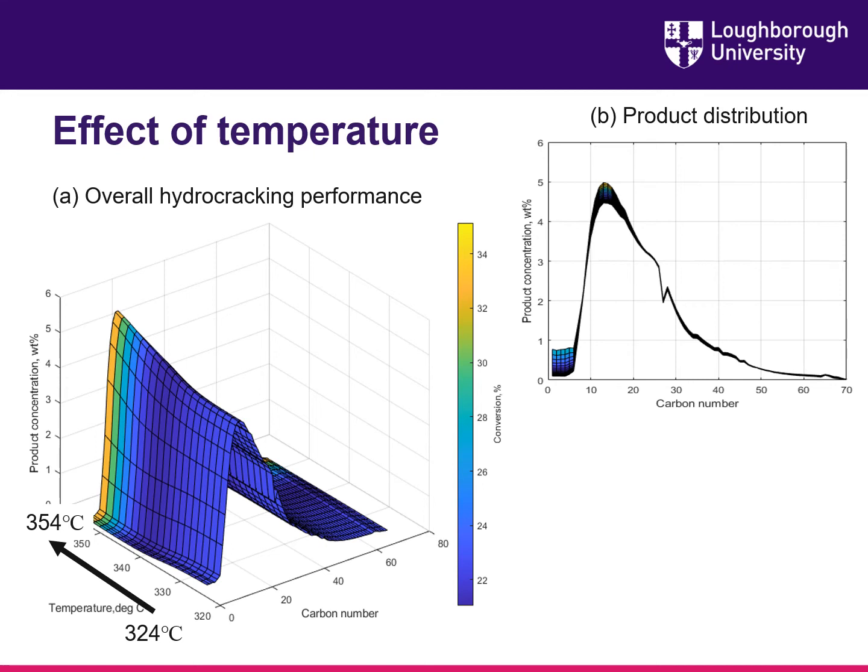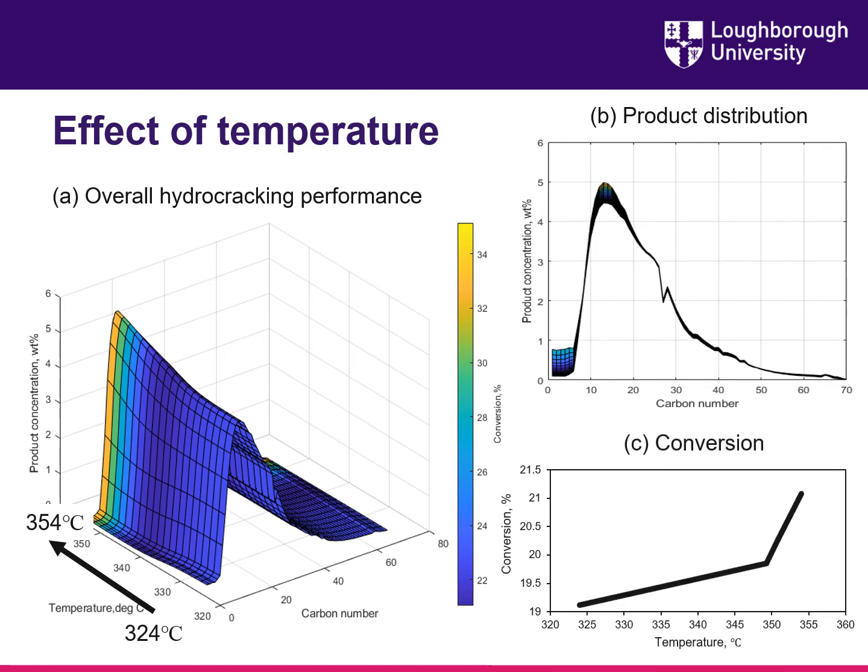As you can see from figure A and B, as the temperature increased, the concentration of long chain component decreased. At the same time, the concentration of the short chain component increased. This is because a higher temperature results in higher rates of hydrocracking. And based on figure C, the conversion increased approximately 26% when the temperature increased from 324 to 354